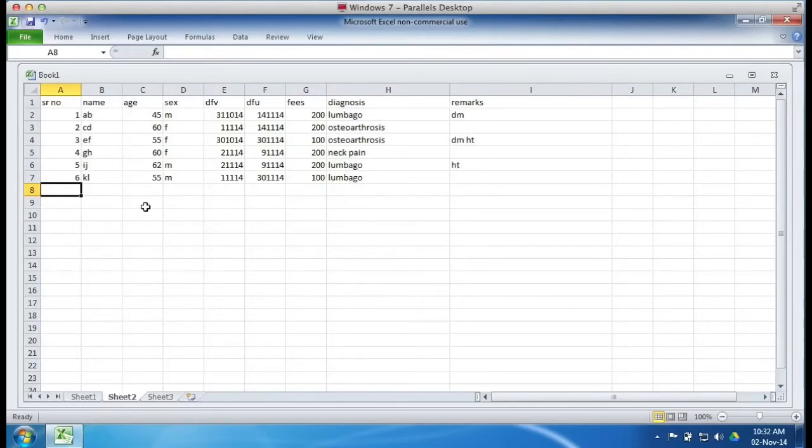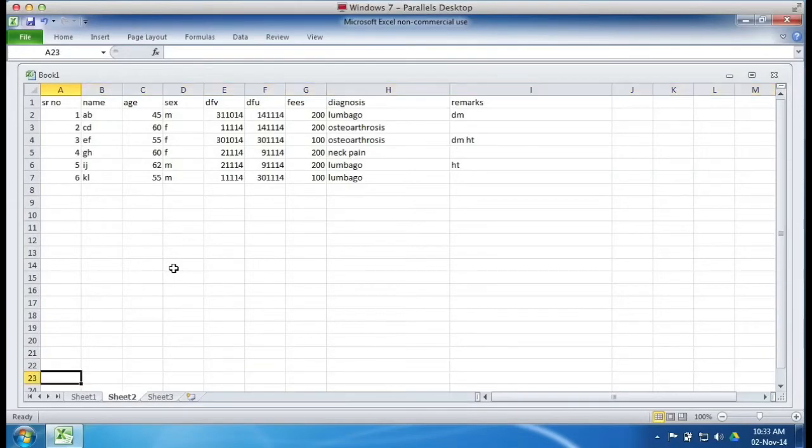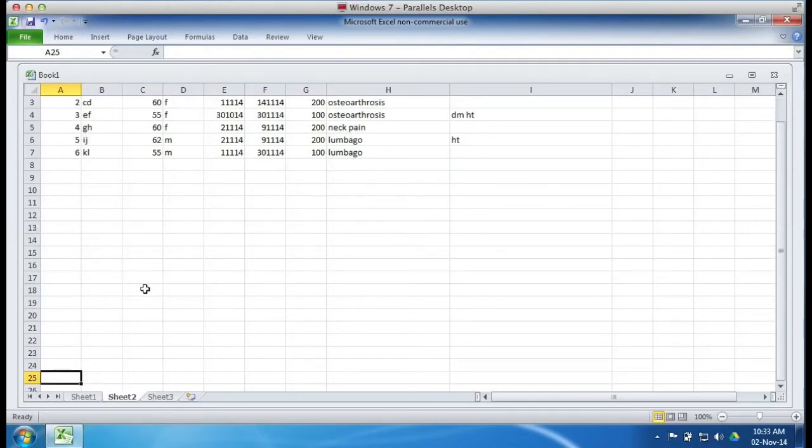Another thing I want to point out is, as you go down 8, 9, 10, 11, 12, 20, see what happens here on the first row. So if I reach 22, I go down, scroll down, 23. Now see what is happening here in this row. 24, 25, 26.